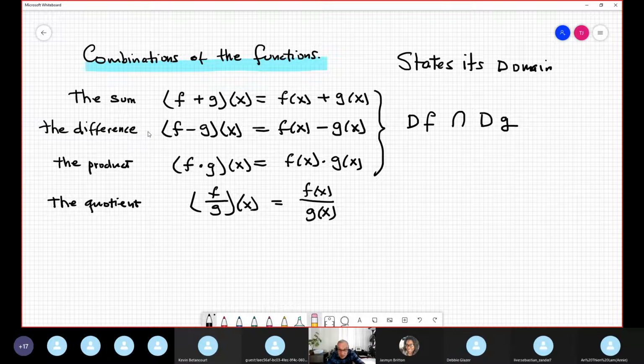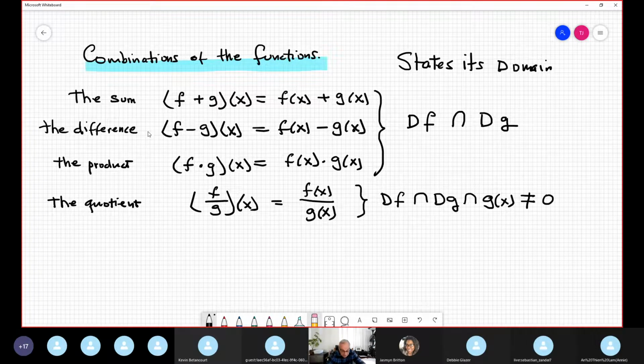In this case, it's similar, except that we have one more restriction. It's the domain of f intersection domain of g, and the classical condition, g of x not zero, because it's impossible to divide by